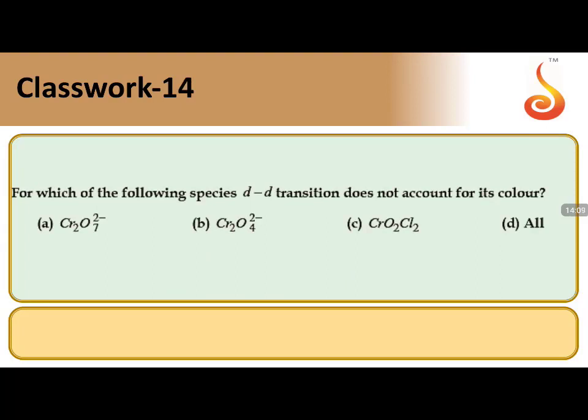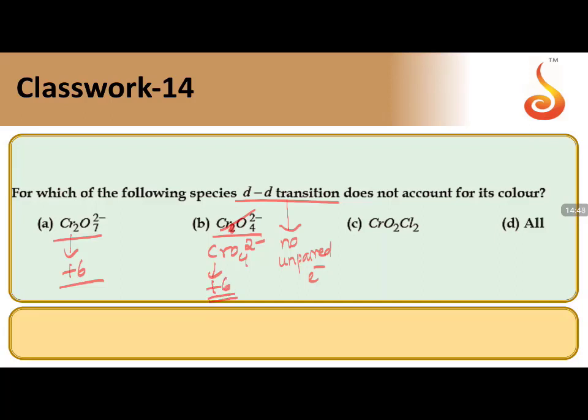Moving to 14th question, d-d transition does not account for. Where you have no unpaired electrons, it does not account for d-d transition. Color is not due to d-d transition. In that case, if you say Cr2O7 2-, chromium is in +6 oxidation state. Correct this particular one, children: CrO4 2-, not Cr2O4. So I am going to cancel this and write the formula CrO4 2-, because as per the options available, I have to correct this. So this also comes to +6 oxidation.